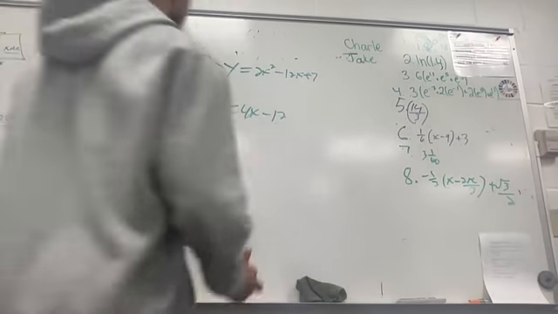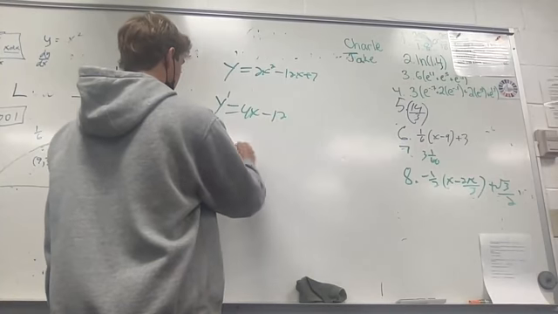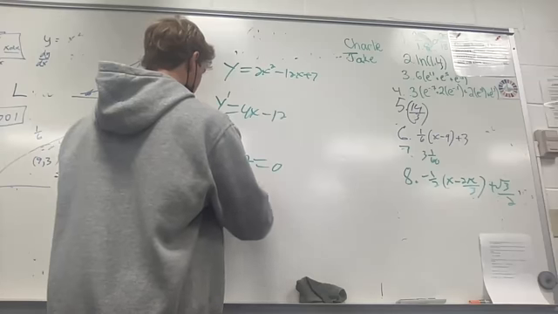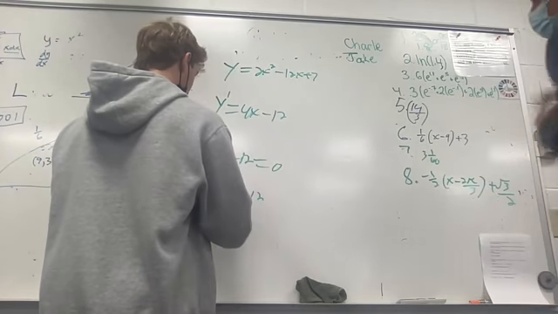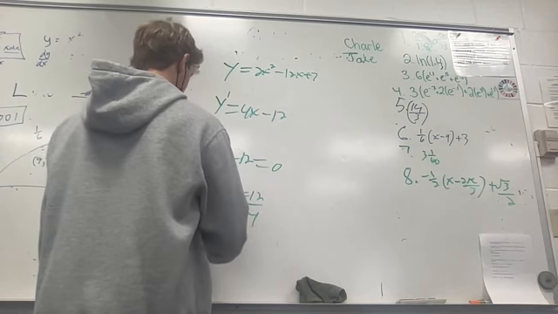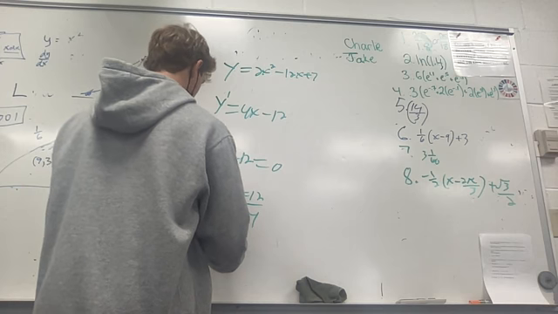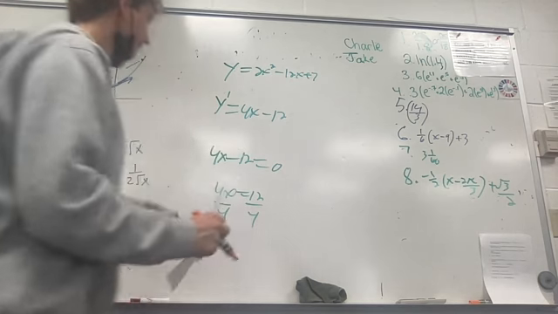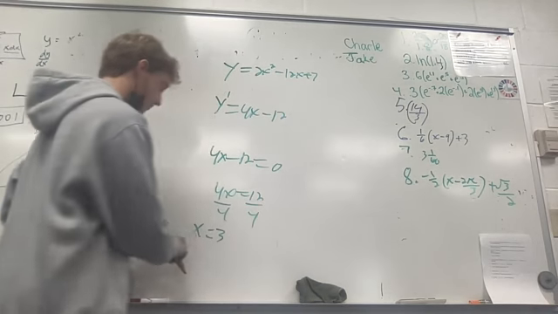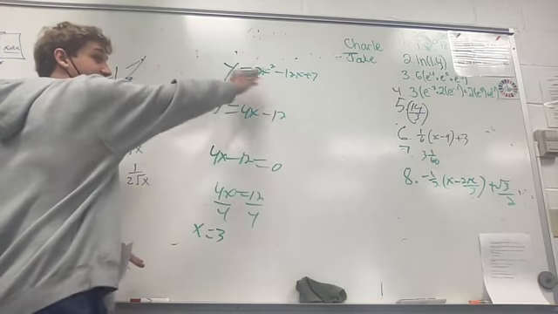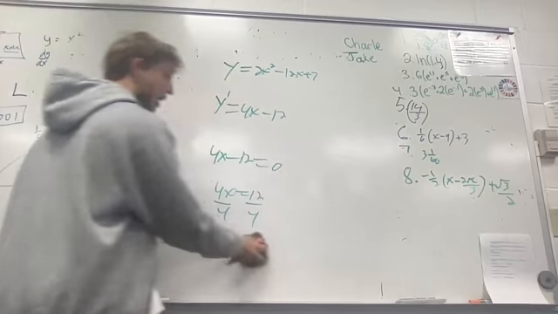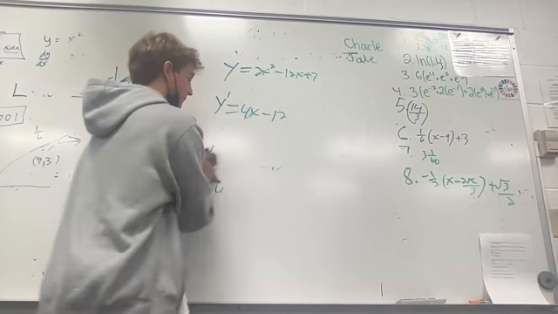I mean, I guess you solve for x maybe. 4x minus 12 equals 0. 4x equals 12. But no, that's not right. If I were to graph this out, 3 is your velocity. It's your average rate of change. But so look,